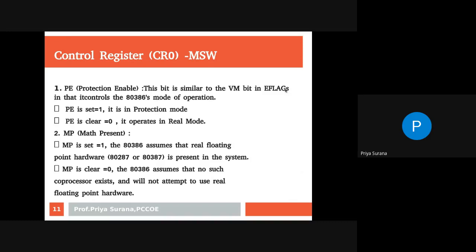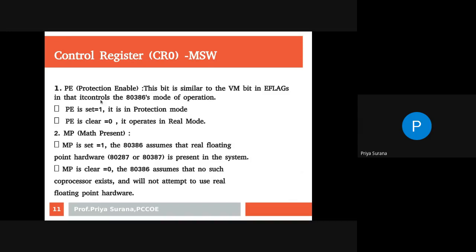Whenever you want to switch the processor to another mode, you are supposed to set or reset a specific bit, then only the processor can shift to another mode. For example, from real to protected, the PE bit is there. From protected to virtual, the VM bit is there. So the VM bit is present in EFLAGS, and the PE bit is present in control register 0.